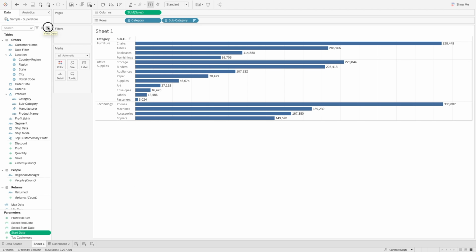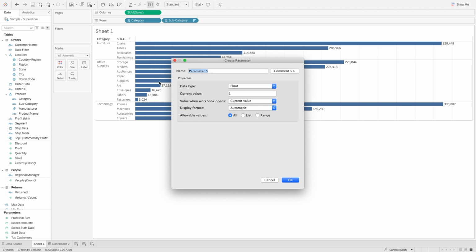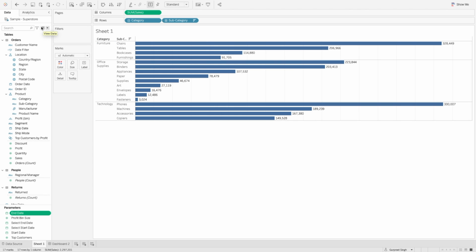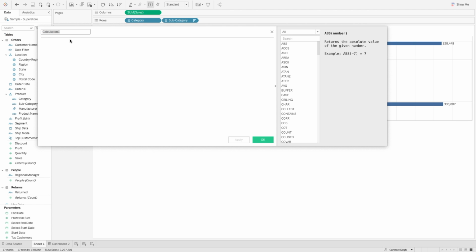And I will create another parameter as end date. And again, I will select the data type as date and keep the current date as today's date. And I will select OK. Then I will create a calculated field where I will say date range, and here I will say order date